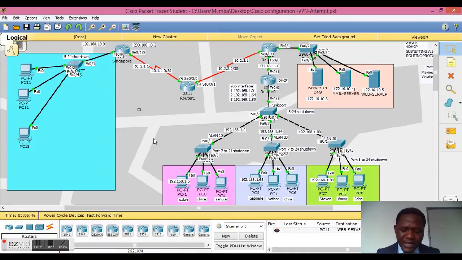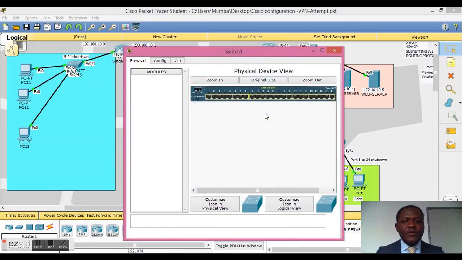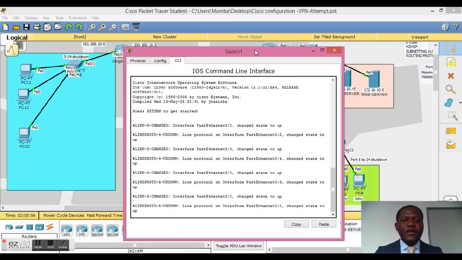Okay, apart from that, we'll talk about port security. We look at dynamic port security, and we look at the violation and how it all comes together in real life. So moving on to Packet Tracer, one of the first requirements with the assignment is that client stations,